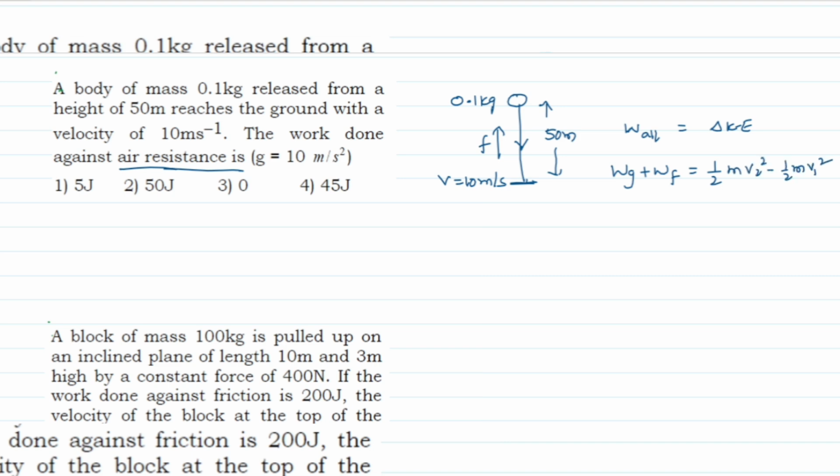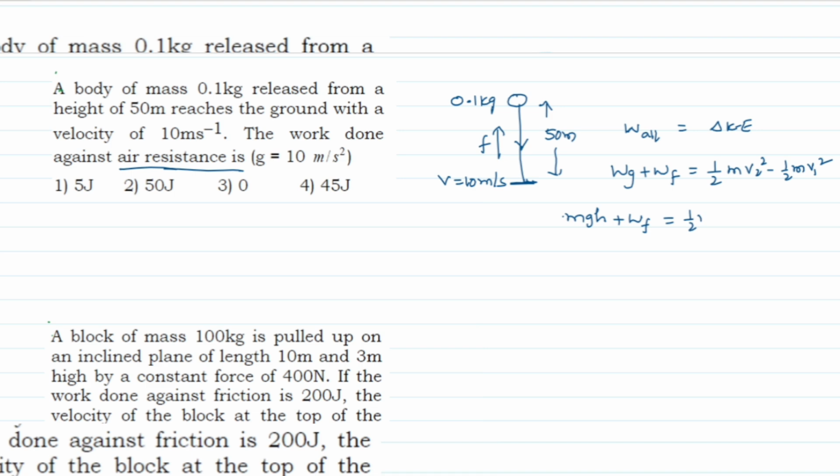The body is moving down, so the gravitational force and the displacement are along the same direction, and the work done by the gravitational force is positive. So mgh plus Wf